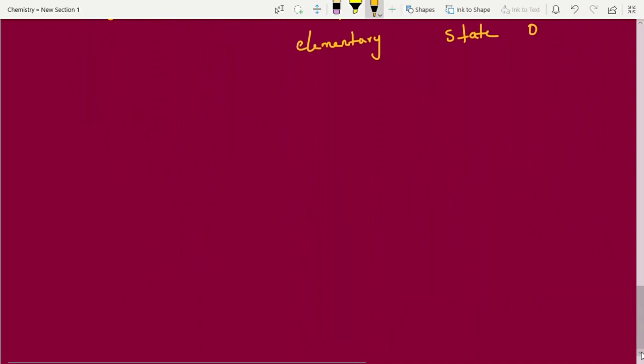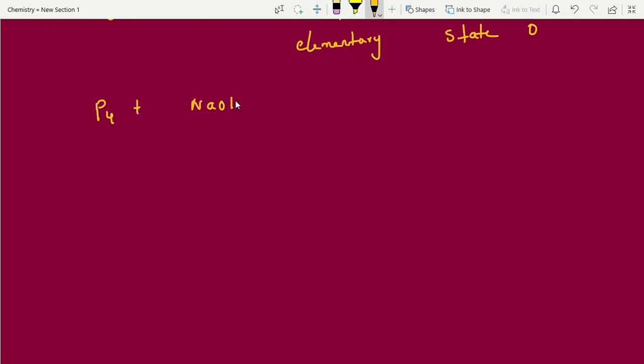Next, I am going to give one more reaction to you. What is that? Phosphorus with NaOH, alkali. What you will get: the main products are phosphine gas and NaH2PO2. They will give a question like this. Is it disproportionation or not? Check it. See, one time here, two times phosphorus. Definitely it is disproportionation. Simple logic. 0, and what about this guy? Plus 3, minus 3. Plus 1, plus 1.